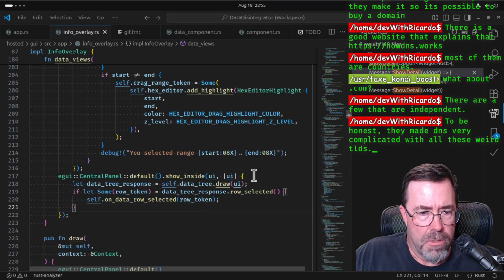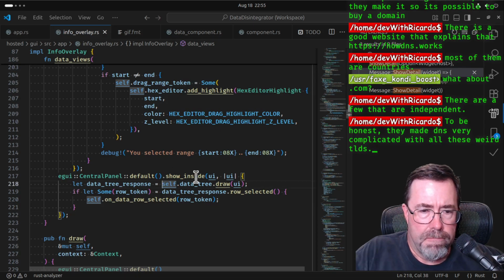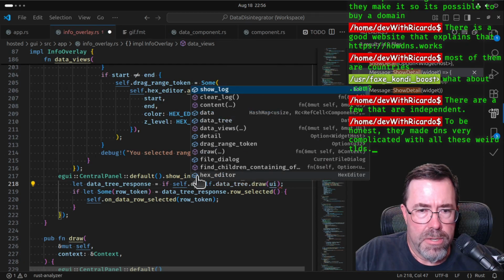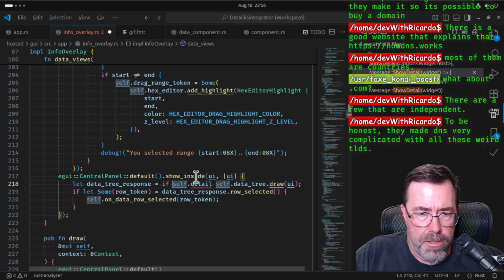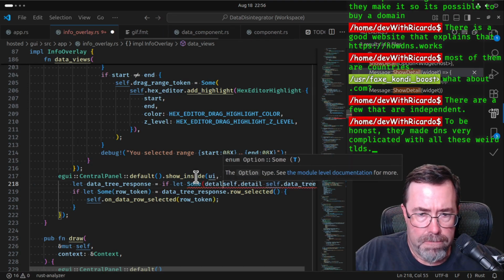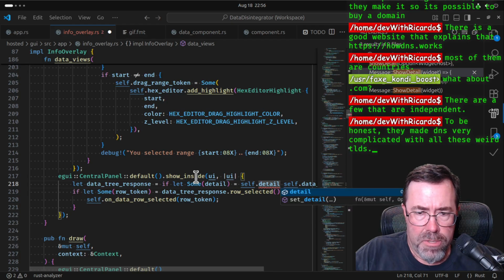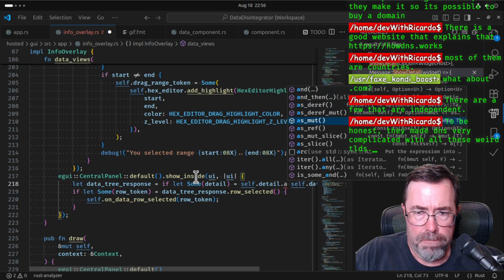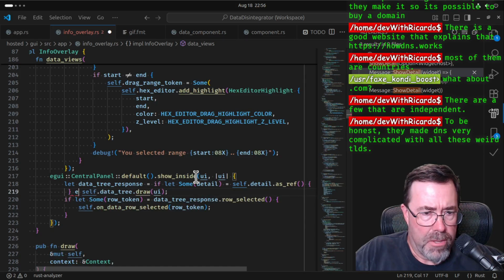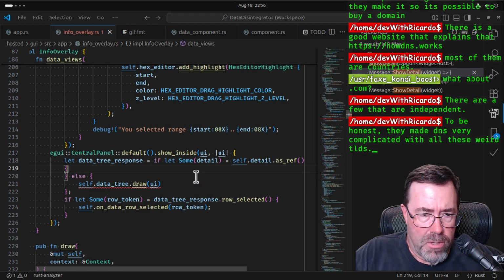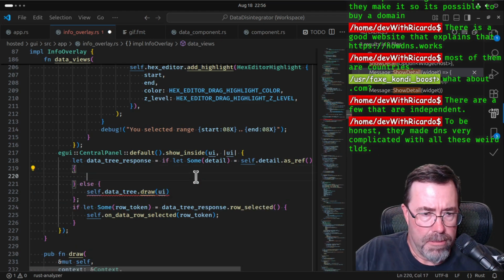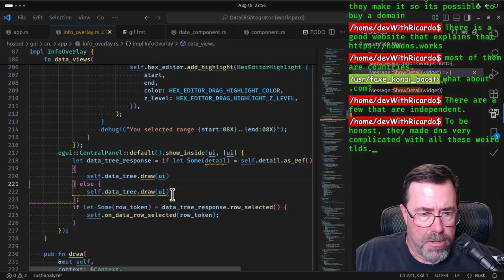So it's going to be like, if self.detail, if let Some(detail) equals self.detail as ref, else that. Okay, and then right now I'll start with just duplicating this. Right, and then